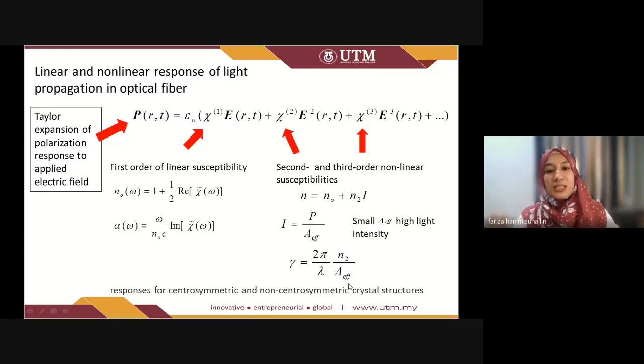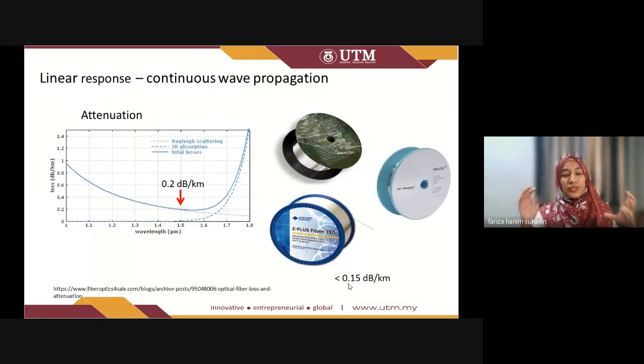So that's the basic understanding of what happens in the optical fibers when you have weak lasers or high peak power lasers, with the pulses propagating inside the core. So now we're going to visit the important terms in chi1, which are attenuation and also the frequency dependent refractive index. For attenuation,